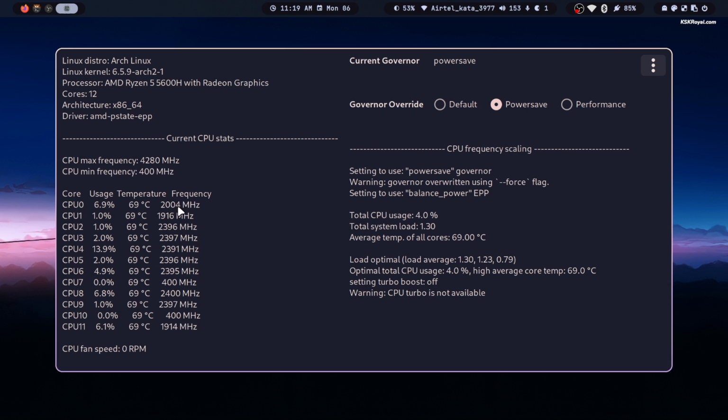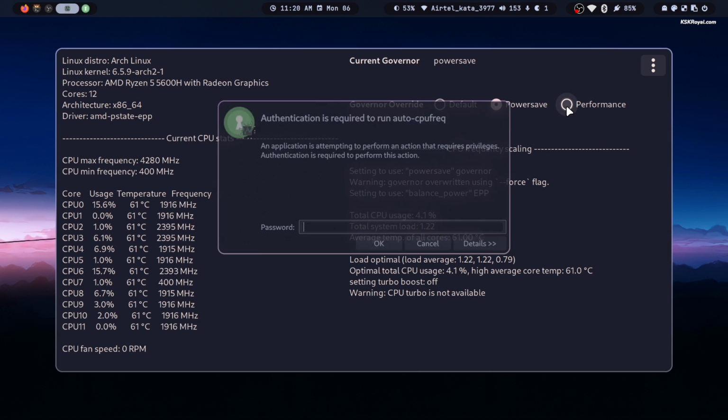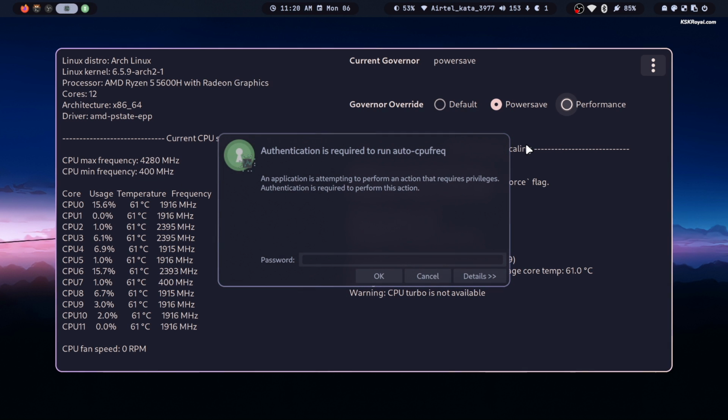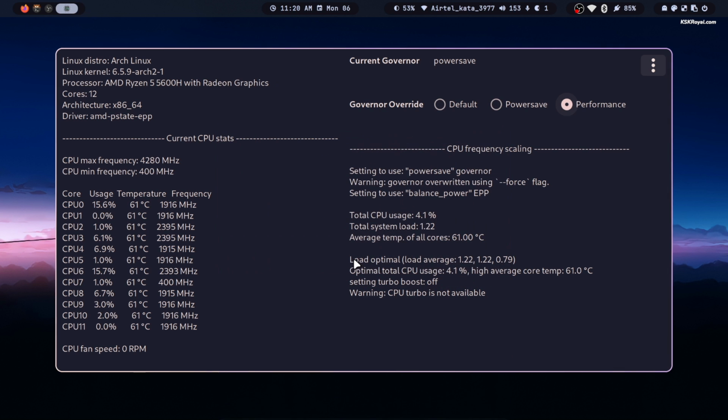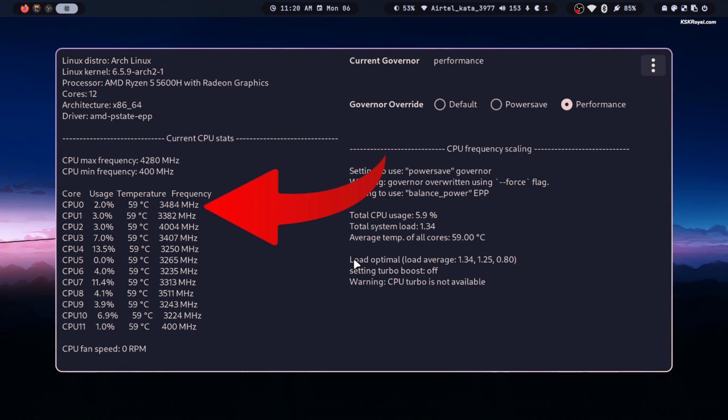If for some reason Auto CPU frequency is not reaching the maximum frequencies your CPU is capable of, you can switch to performance mode. This results in higher frequencies by default, but also in higher battery consumption. It's better to use it when needed, otherwise stick to the default option, allowing the system to provide peak performance